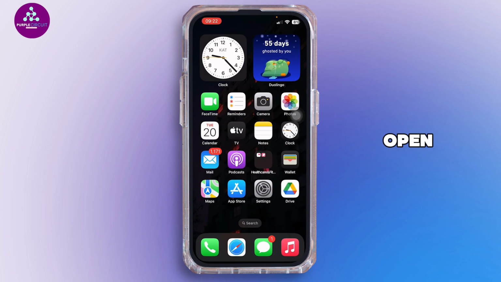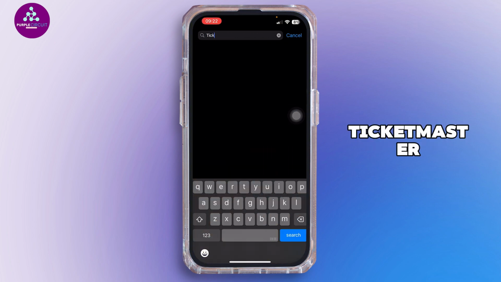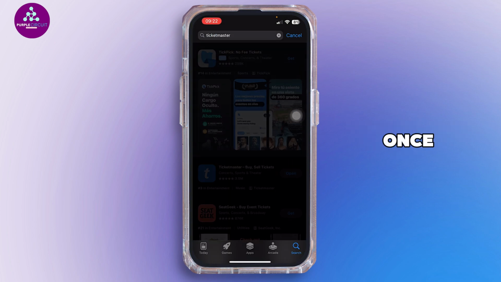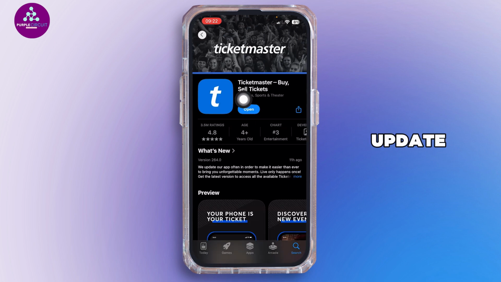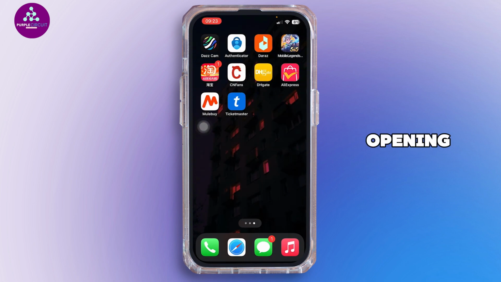After you do that, open the App Store on your mobile device, tap on the search icon and then search for Ticketmaster. Once you search for it, if it says update instead of open, you want to go ahead and tap on update and let your application update to its latest version. After it is done, head back to your home screen and then try opening your app and see if the